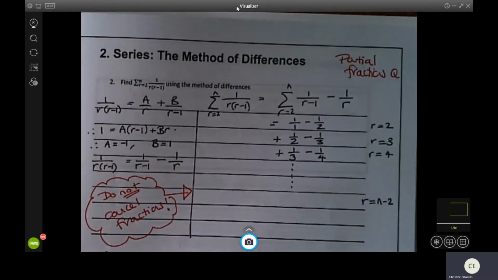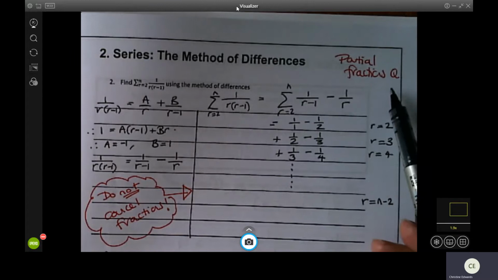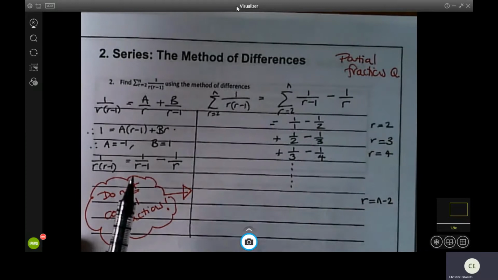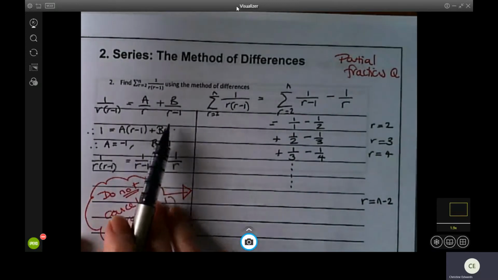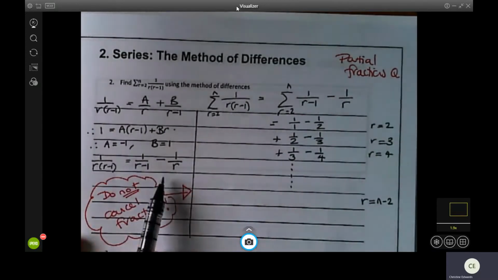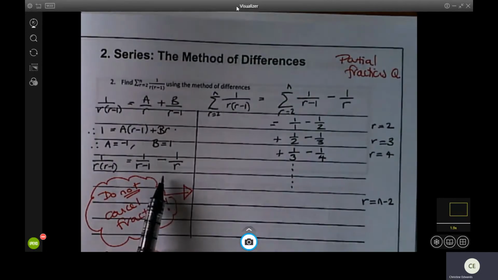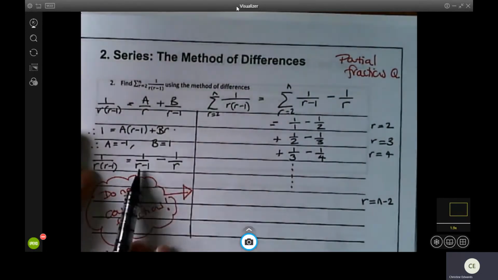The second question on the method of differences requires us to use partial fractions in order to create our difference, and allows us to look at how we treat fractions during the method of differences. So I've done some work already. I've done the partial fraction work here because that is assumed knowledge from your maths A level. As you can see, we've generated a difference